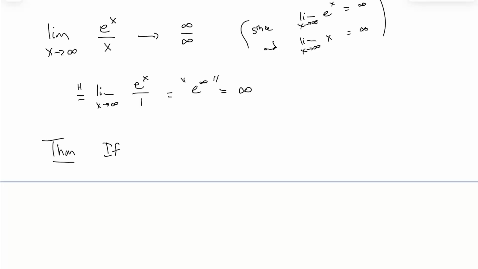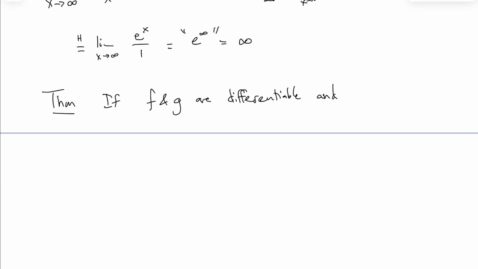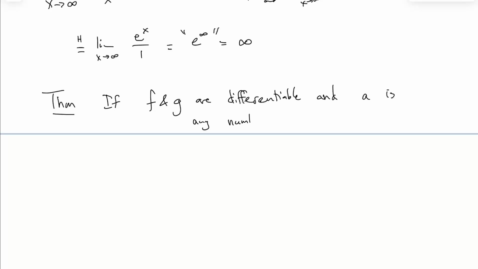It says, if my two functions f and g are differentiable, that means they have a derivative, and a is any number or infinity, and lim x goes to a f of x equals lim x goes to a g of x equals 0,